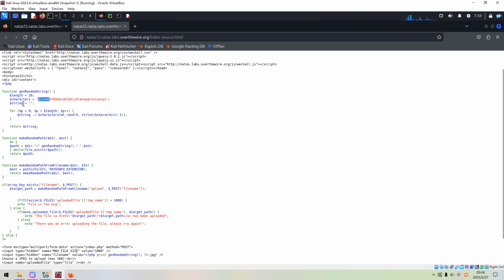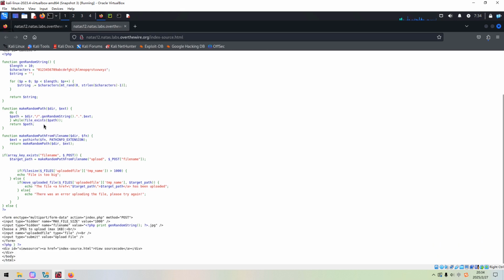And the string variable at this point is empty. And we'll loop over. We'll generate the string which has 10 characters in length. And then characters, this function can generate a random index. So anyway, I think the purpose of this function is to generate a random string, okay? And next,